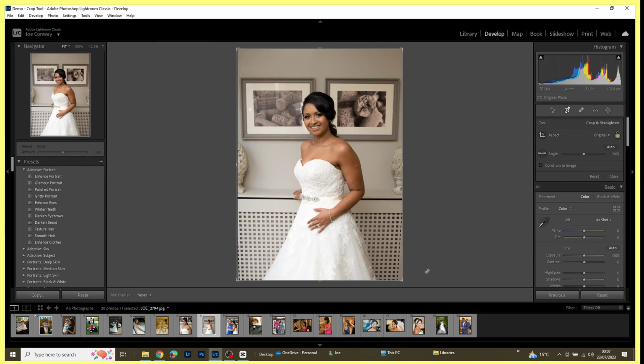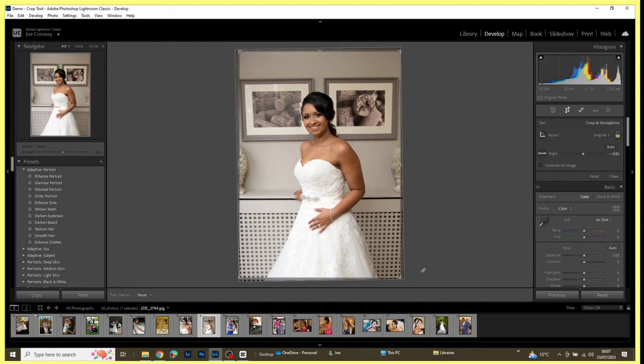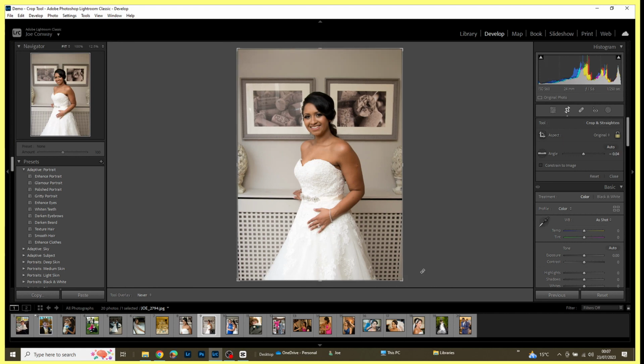And the fourth way is by keeping the cursor just outside the image, holding down the left button. I can manually do it that way as well, just by line of sight. So 4 ways of doing the same thing. So let's reset that and move on. So the next thing to look at in this box, we've got this thing here called